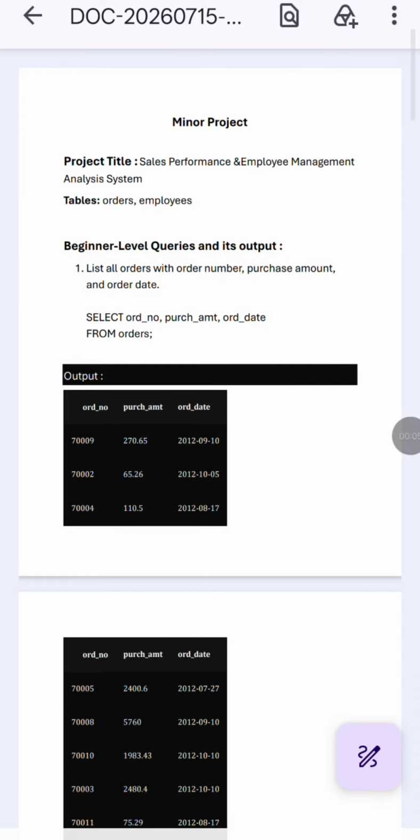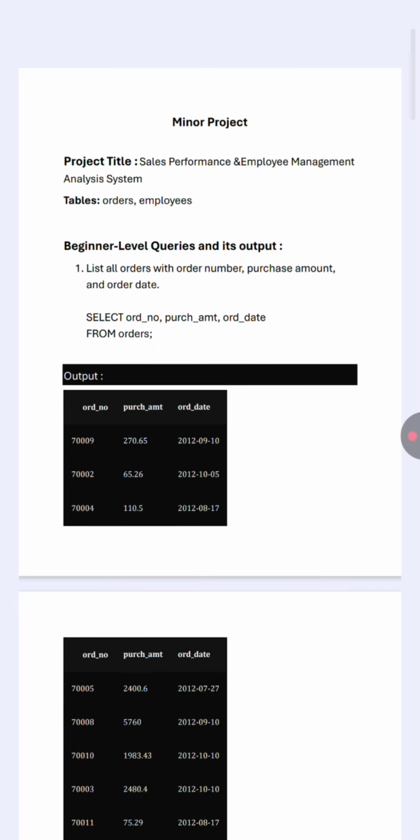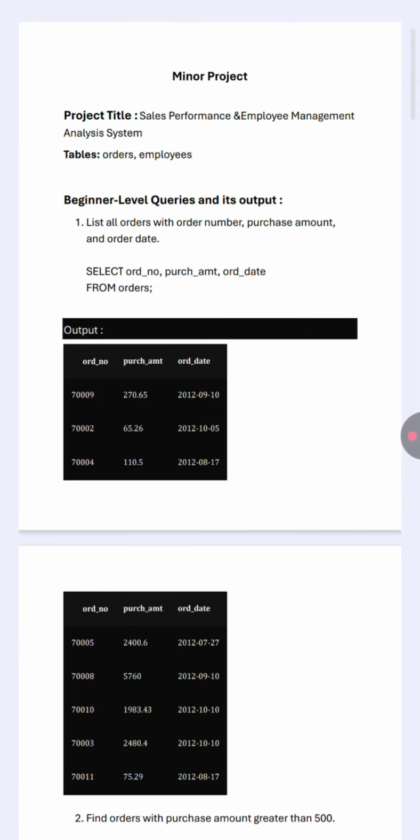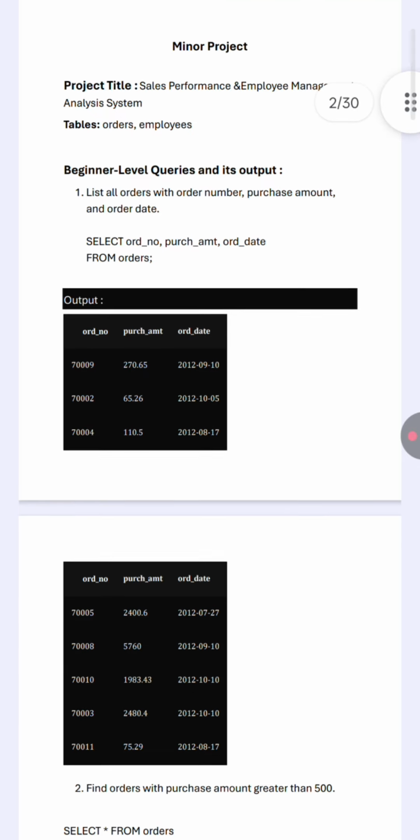Today I am going to explain my SQL database management system project. In this project, I use two tables, that is orders and employees. The main objective of this project is to learn how SQL queries are used to retrieve, analyze and manage data